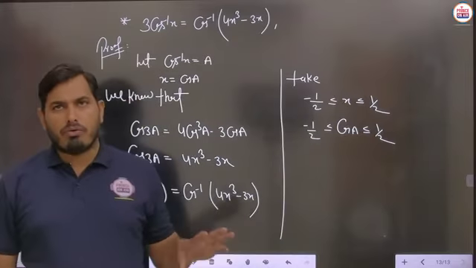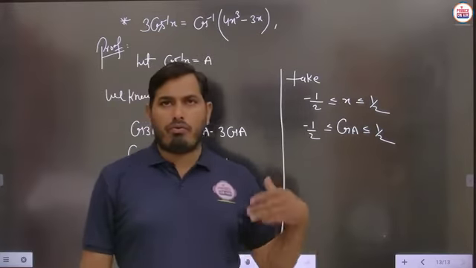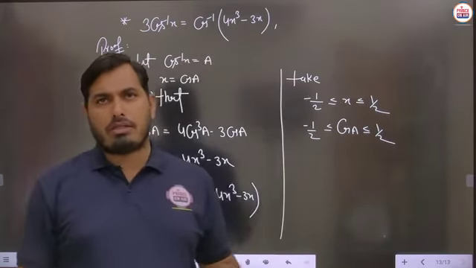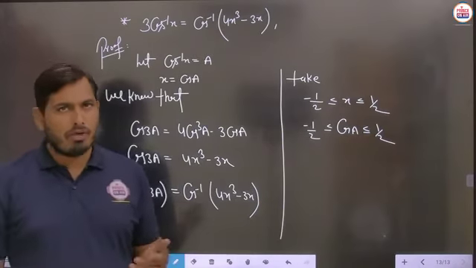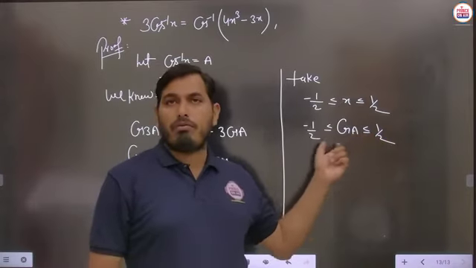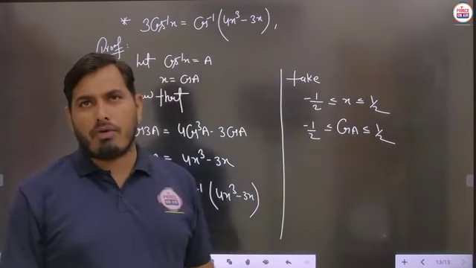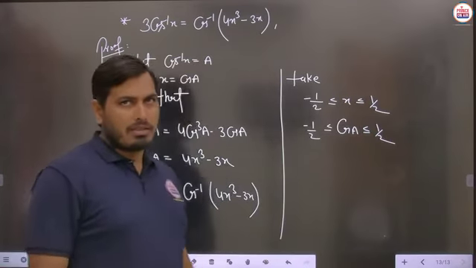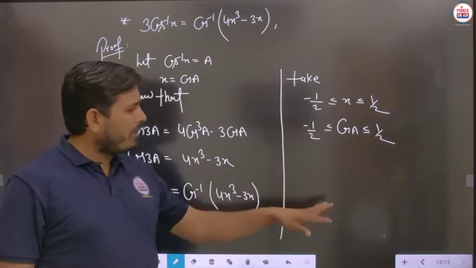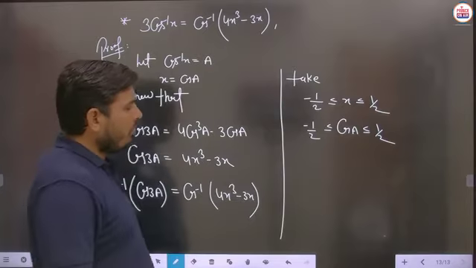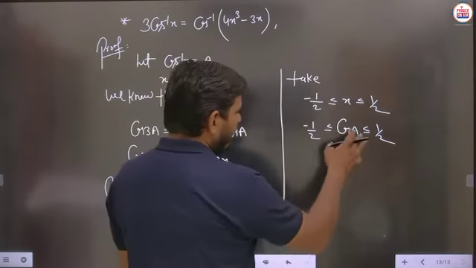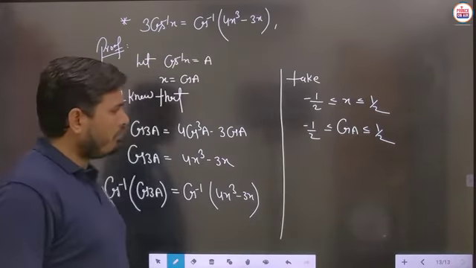The value of cos is 1 by 2 for what angle? Definitely this angle is pi by 3, because cos 60 degree gives the value 1 by 2. So the particular value is to be taken from pi by 3. Definitely, if minus 1 by 2 to this cos a is to be taken from 1 by 2, then